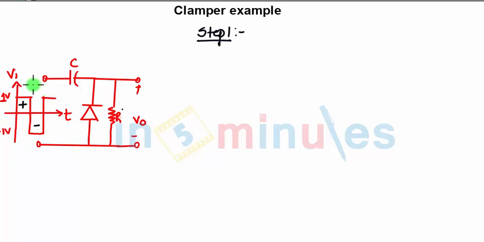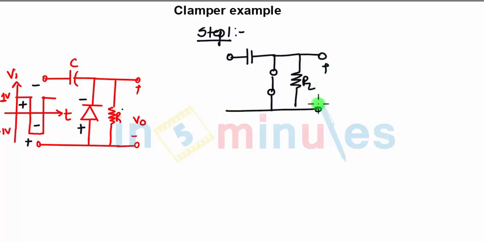In the negative half cycle, we have negative sign over here, positive sign over here, and hence the diode is getting forward biased in the negative half cycle. So the circuit for the negative half cycle will have the capacitor, then the diode will be short circuited, then you have a resistor RL, and finally the output voltage VO. Input, since it is the negative half cycle, negative terminal will be connected here, positive will be here, and the input waveform will be in this format in the negative half cycle, and the maximum peak value is -1 volt.